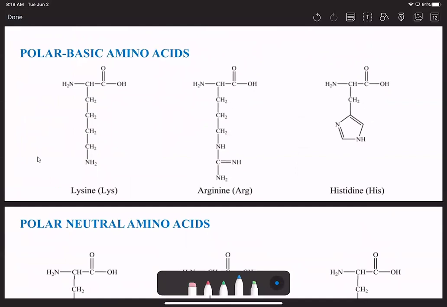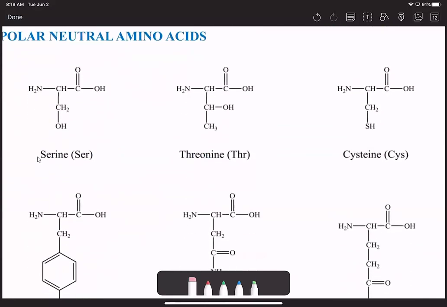As far as basic amino acids, well, here we go, right? Here, these are bases, making lysine, arginine, and histidine basic. And again, it's not because of this amine group, because every single amino acid has that available to them. Then we have our polar neutral amino acids,